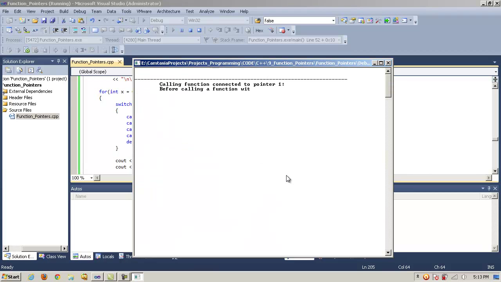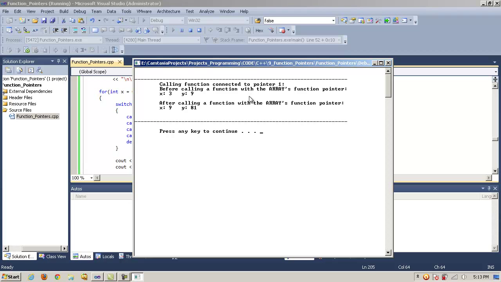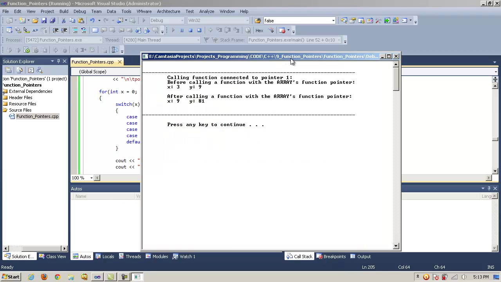So I'm going to hit spacebar. Calling function connected to pointer 1, okay? So that's pointer 0, this is pointer 1, the second method, which is square. In this case, we've done that. Our 3 and our 9 have been squared. All right, hit enter. Now pointer 2, 0, 1, 2, the third pointer, but remember it's off by 1. Start at 0, not start at 1. So pointer 2, which is our third pointer, and we're going to cube it. So 729,